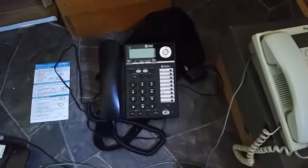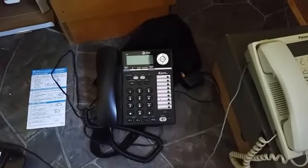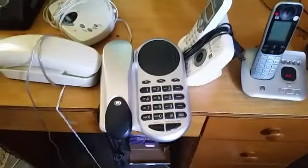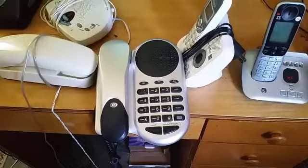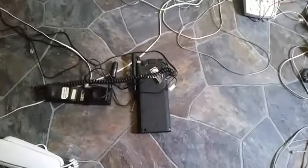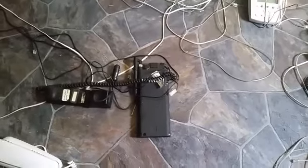Now we're moving on to the corded speakerphones without and with digital answering systems. The ATT993 two-line corded speakerphone with caller ID, of course. Again, we're reviewing the Durabrand PH3235 corded speakerphone. Also, almost forgot about this corded trimline telephone with scanner, which is the Motorola